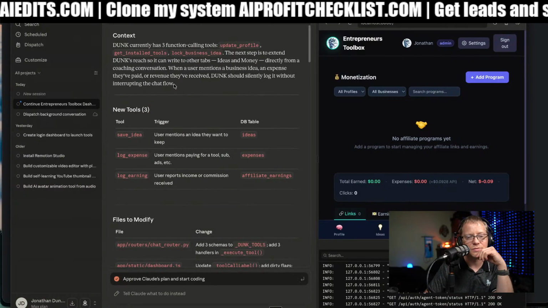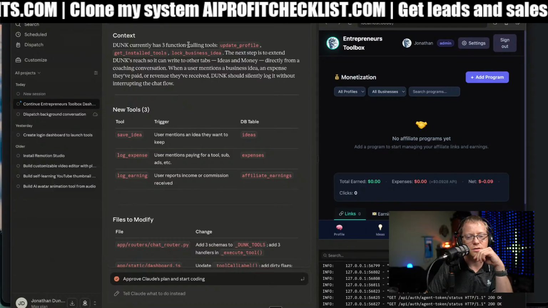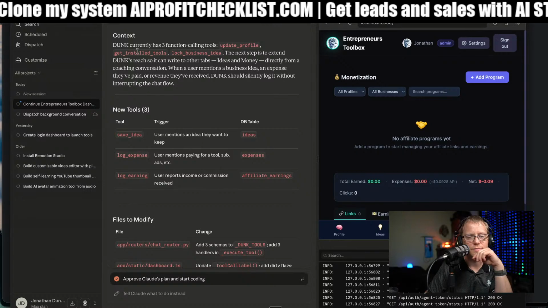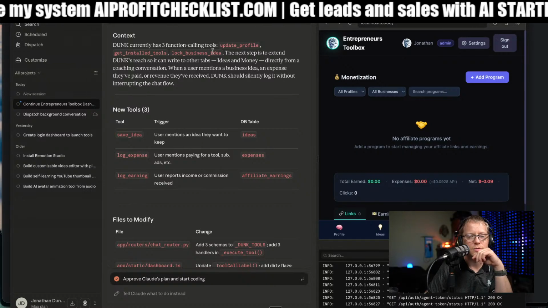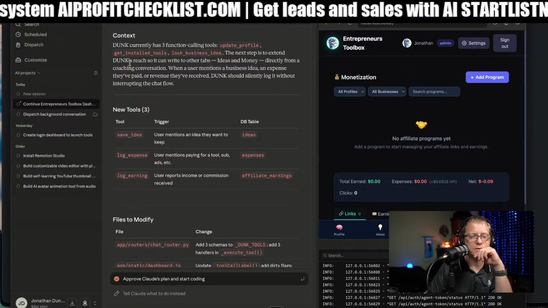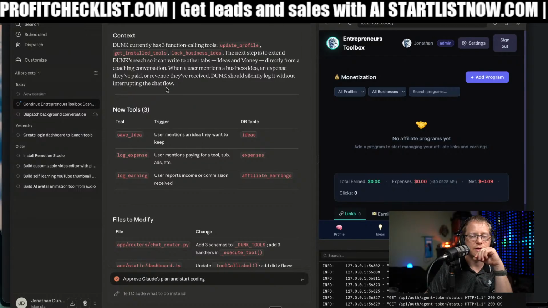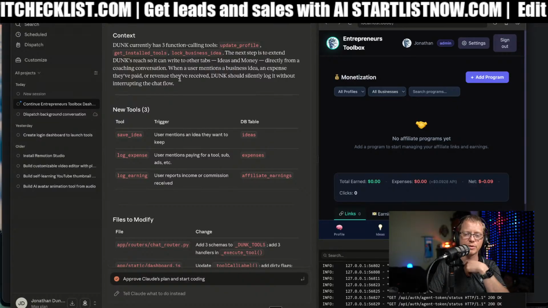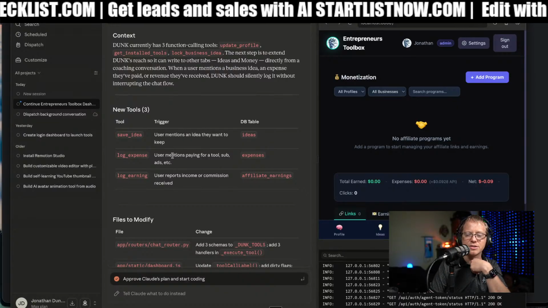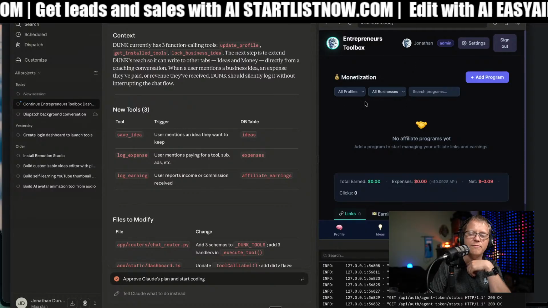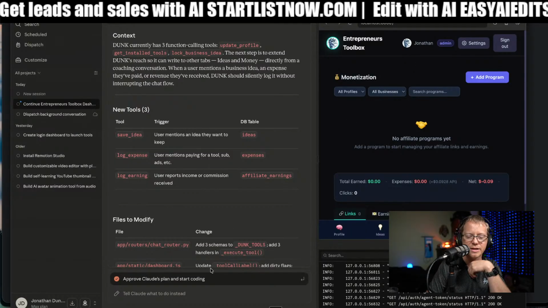So, okay, let's see. It only has 3 functions. Profile. Next step is to extend Dunkerley. Other tabs. Okay, so now this is what it's doing right here, what I was saying. I'm going to make it so my chatbot can basically fill in things on the website.